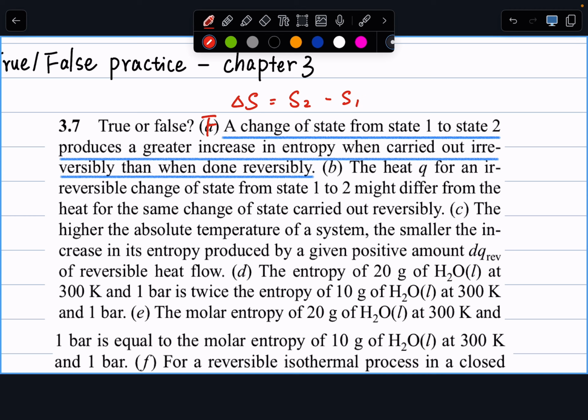And if you imagine, the way we did it is building reversible pathways leading to my initial and final state. The whole point we can do that is because entropy is a state function. So this is a very tricky question. It's very easy to get wrong. Next up,